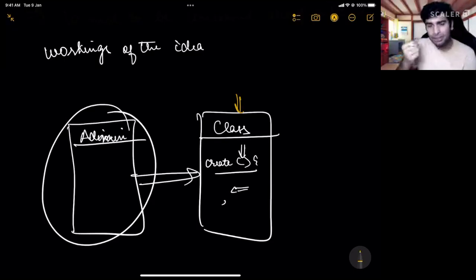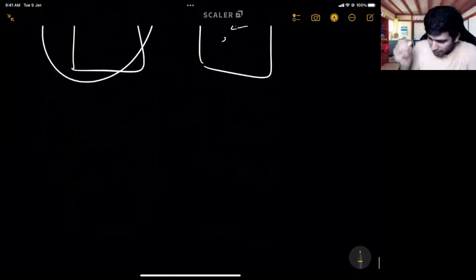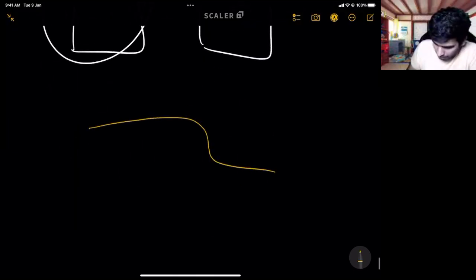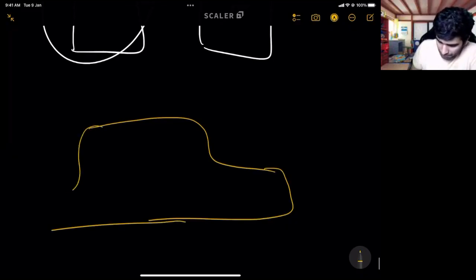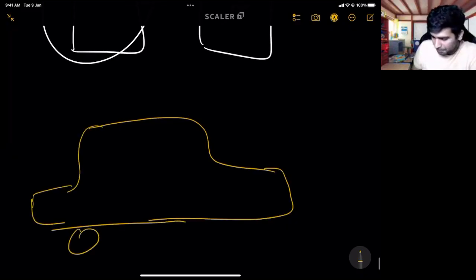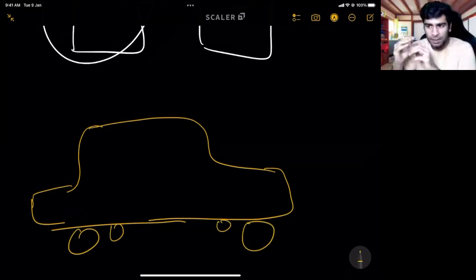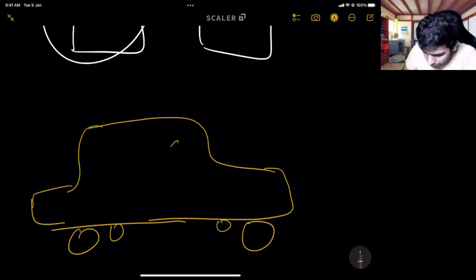Okay, now there is a better example of this. There is a very good way to explain this. It is the example of a car. Okay, let us say this is a car. Now, we as a driver, when we move the steering wheel, do we care about what happens internally in the car?